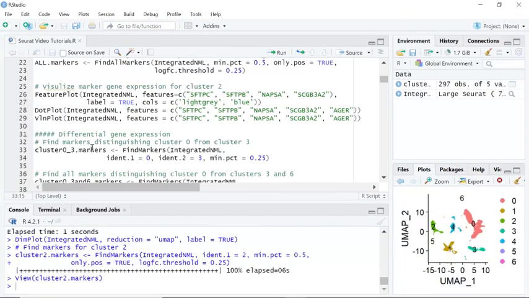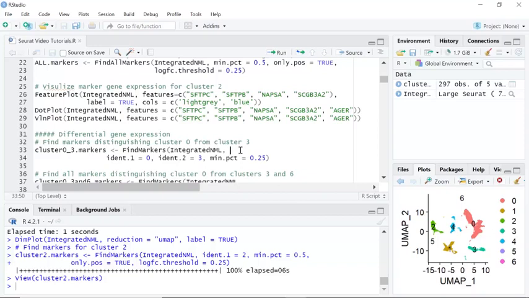As I mentioned in the beginning, the FindMarkers function actually identifies differentially expressed genes. The FindMarkers function is very useful to study differential gene expression and gene-related signaling pathways in specific